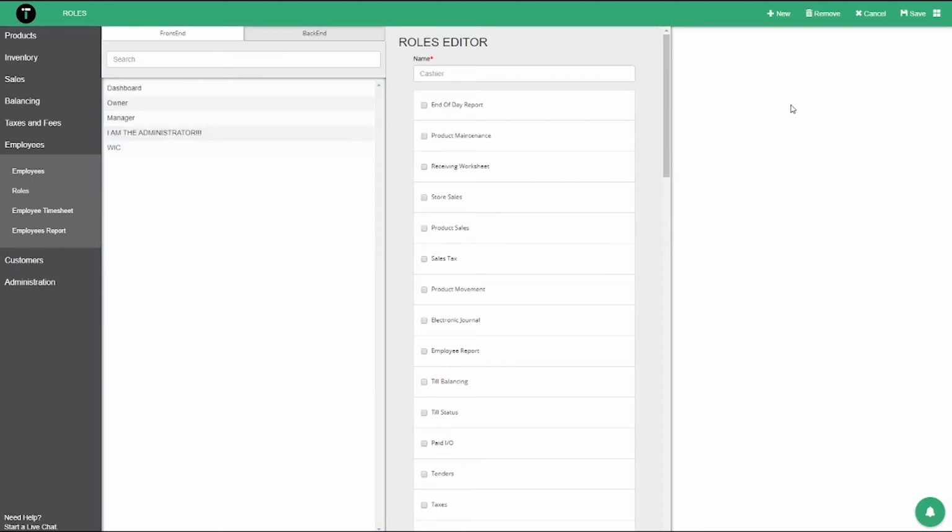If you want to make a new role, press New. Give it a new name. We'll say Test Backend. And then give it what access you want it to have. So maybe you want them to be able to see the end of day report, but not mess with anything in product maintenance. After saving,